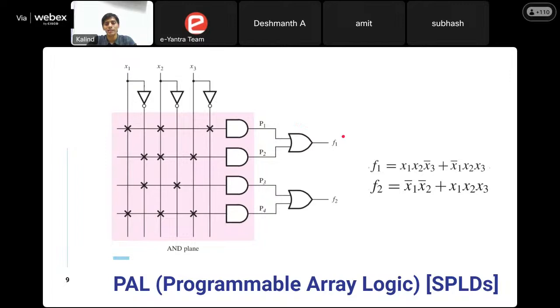So why PAL is used instead of PLA is because when you have more and more programmable switches, it is hard to manufacture them, and it is not easy to ensure that the switches will work all the time when they are fabricated on the chip. So in later years, PAL came into existence, where they realized,